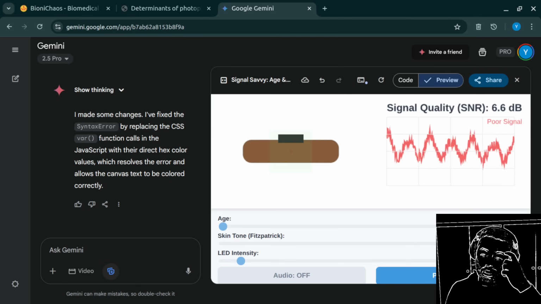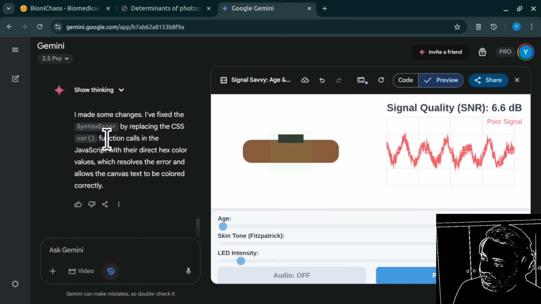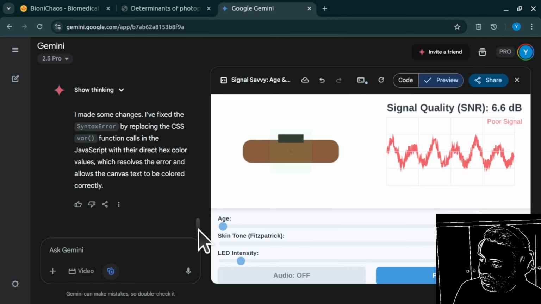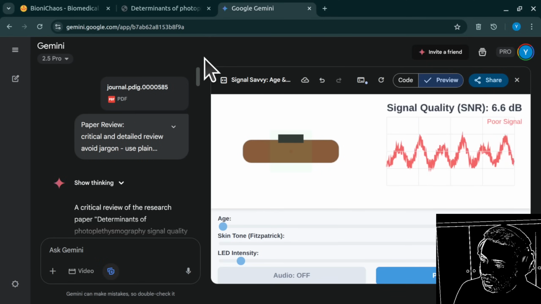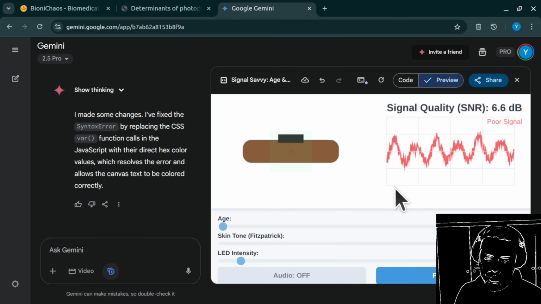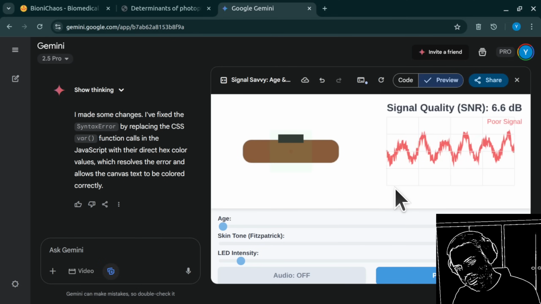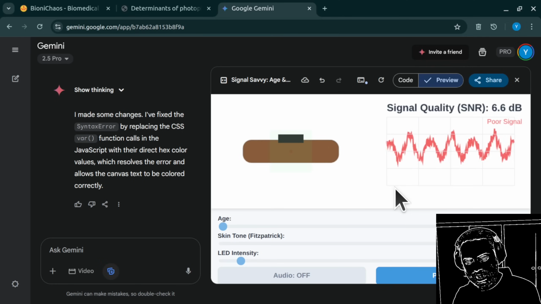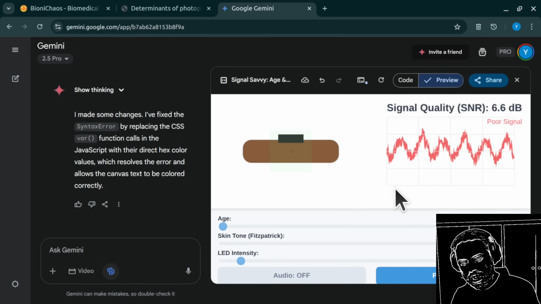So we actually need to go back to the original paper. How would you go about it if you were talking to this developer who has access to the paper? What would you do to improve this simulation, make it more accurate, make it rely on the data results mentioned